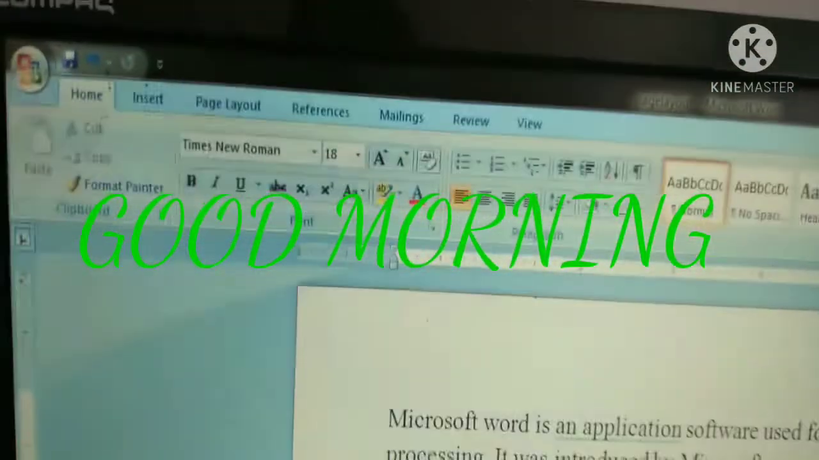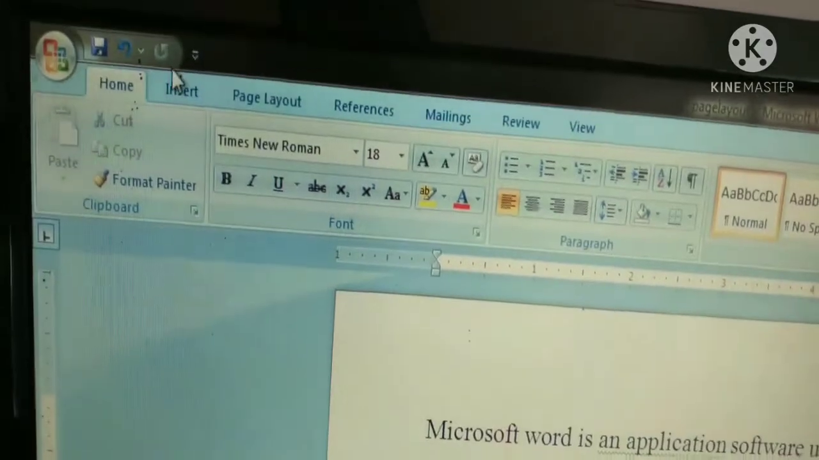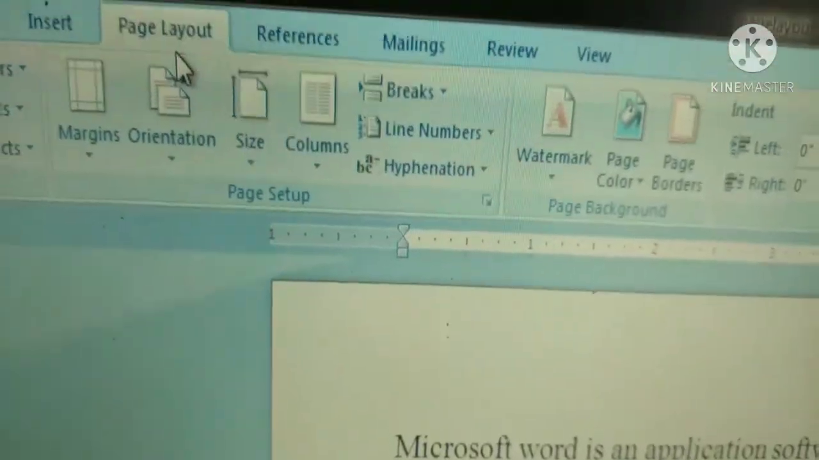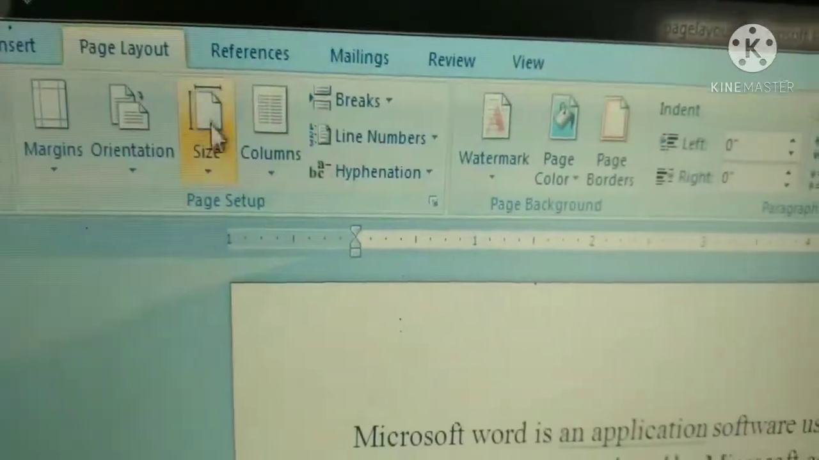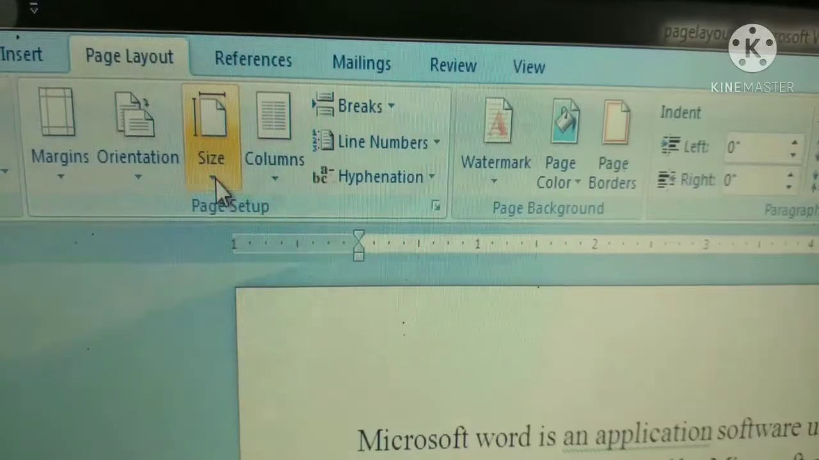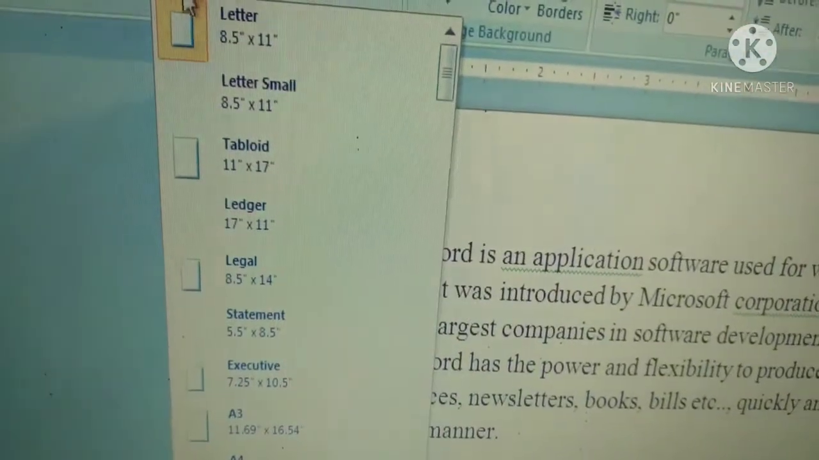Good morning, children. Next comes our topic about the page size. Where do we find this page size button? In the page layout option, we find the size of the page. When you click on the down arrow, here we can find